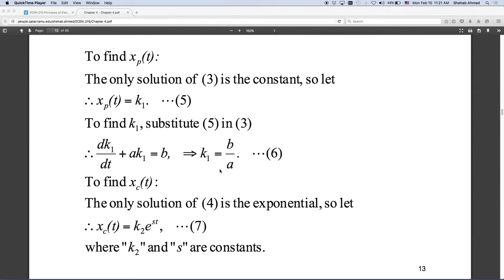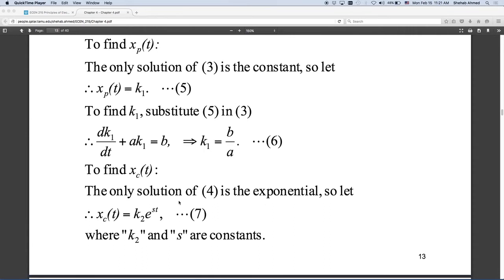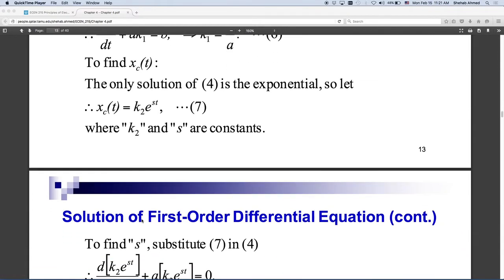Okay? So now I know what k1 is equal to. Is everybody okay with what we said? Basically, we're assuming the solution will look like a certain thing, and then figuring out how to satisfy that by finding values for k1 and k2. So we found that k1 is equal to b over a, and k2 is equal to